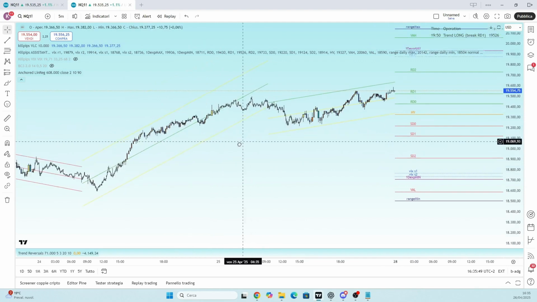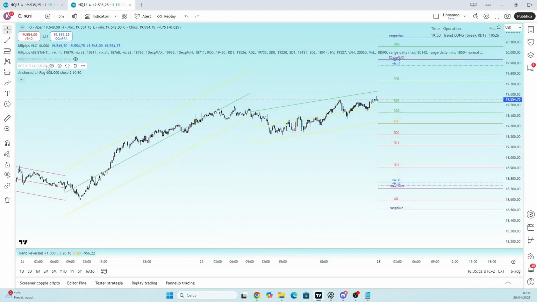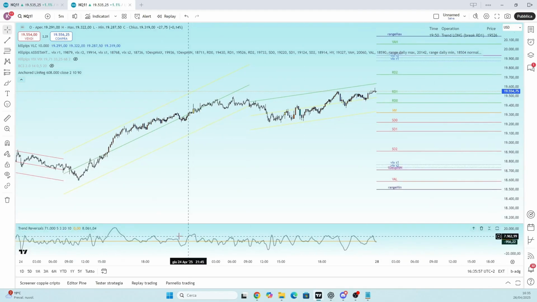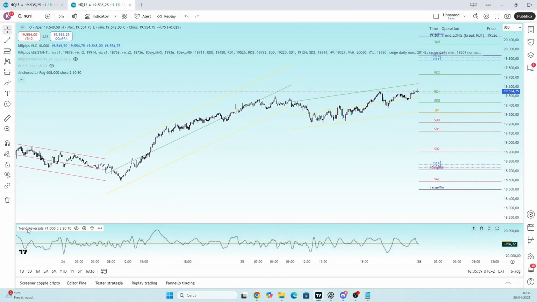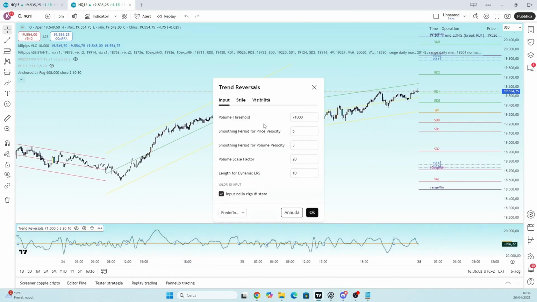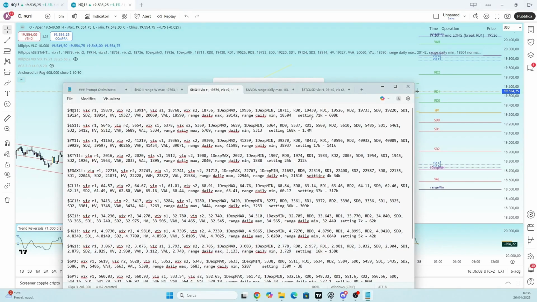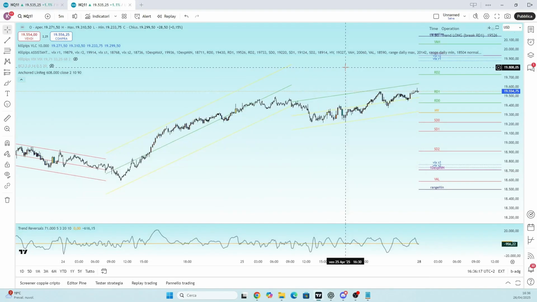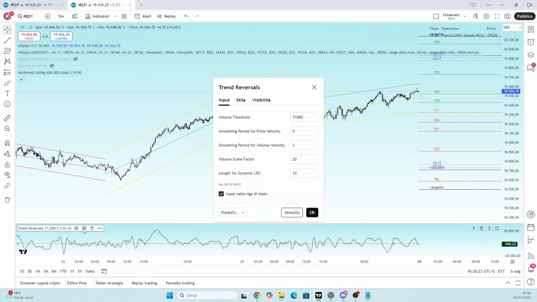Perfect. Besides this, of course, we will present another one that you all have available, which is the trend reversal, which is this one you see here. In this case, we can also set this one in the same way, or, as I showed before, with 71,000, which is the first value here, or with 608. Obviously, we will have a different view. This one that I have set here is to have a short-term view, and so it is set to 71,000. If I were to change it to 608,000, okay,